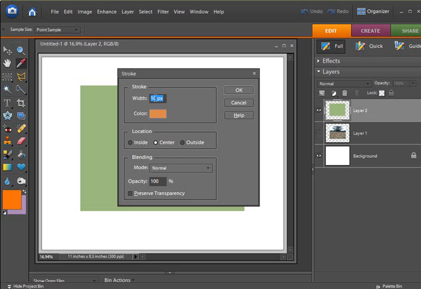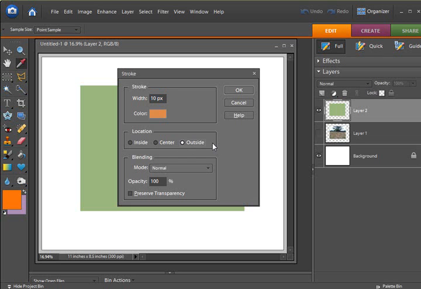A smaller number in this width box is going to make a thinner line. A larger number is going to make a fatter line. It all depends on what you're looking for and what you want for your purposes. I'm going to go ahead and leave this at 10,